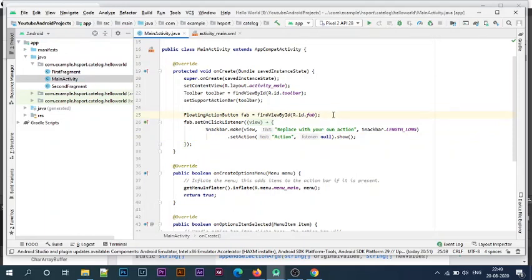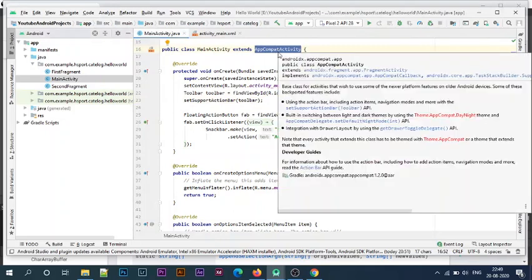So here you can see AppCompatActivity, which is a superclass of MainActivity. Superclass is also called parent class. You can get the simple version of the class documentation by selecting it and pressing Ctrl+Q on Windows.